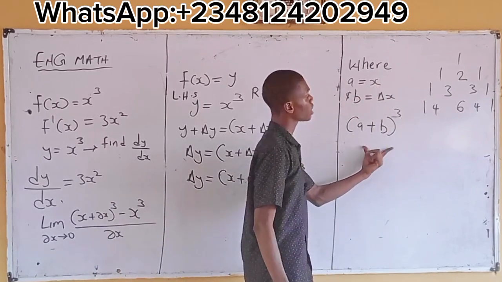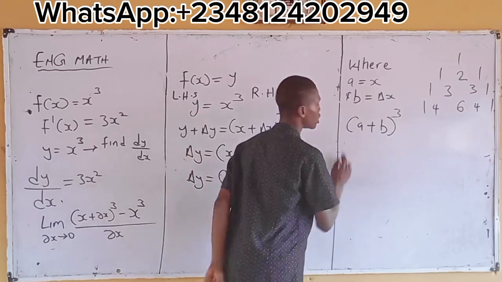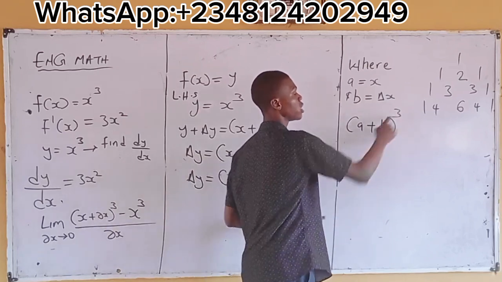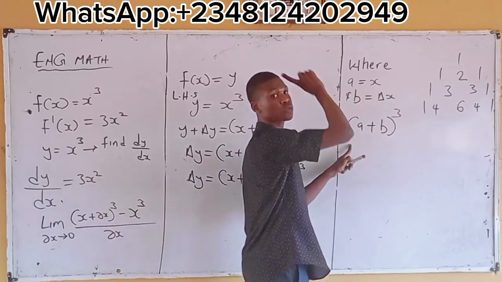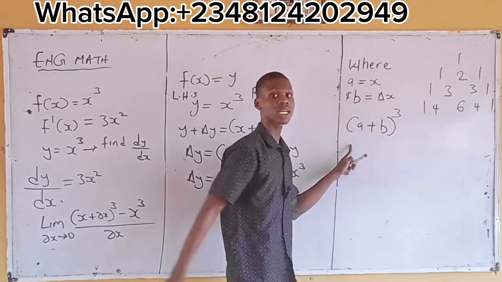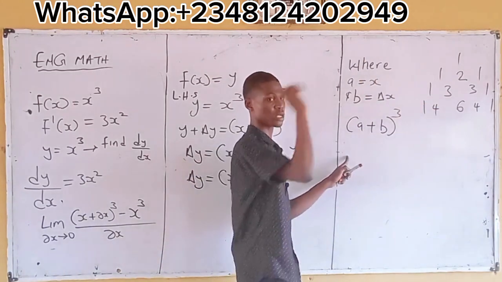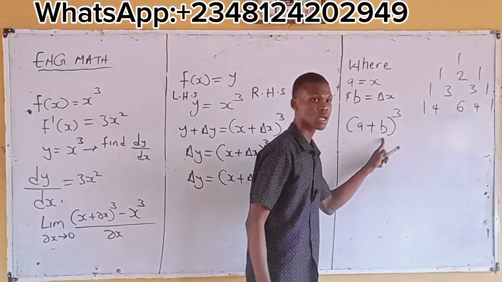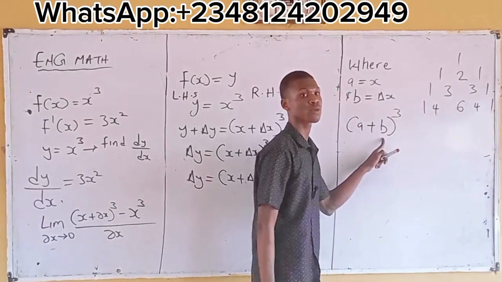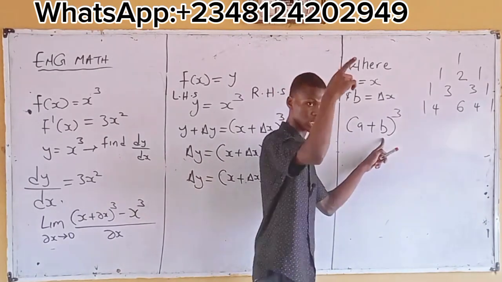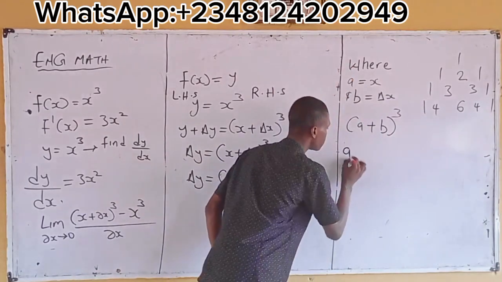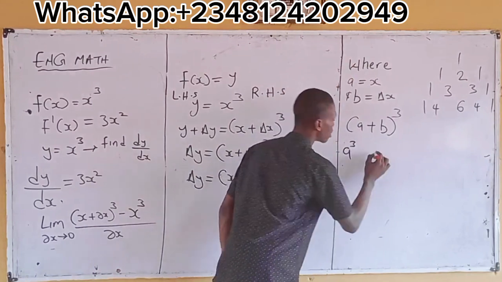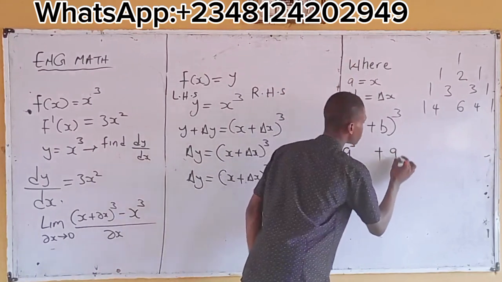From binomial expansion, to expand this, since your power is 3, meaning a is starting from power 3 down to 0. The next term is b. b is starting from power 0 up to 3. So this is a raised to the power of 3, right? Plus a raised to the power of